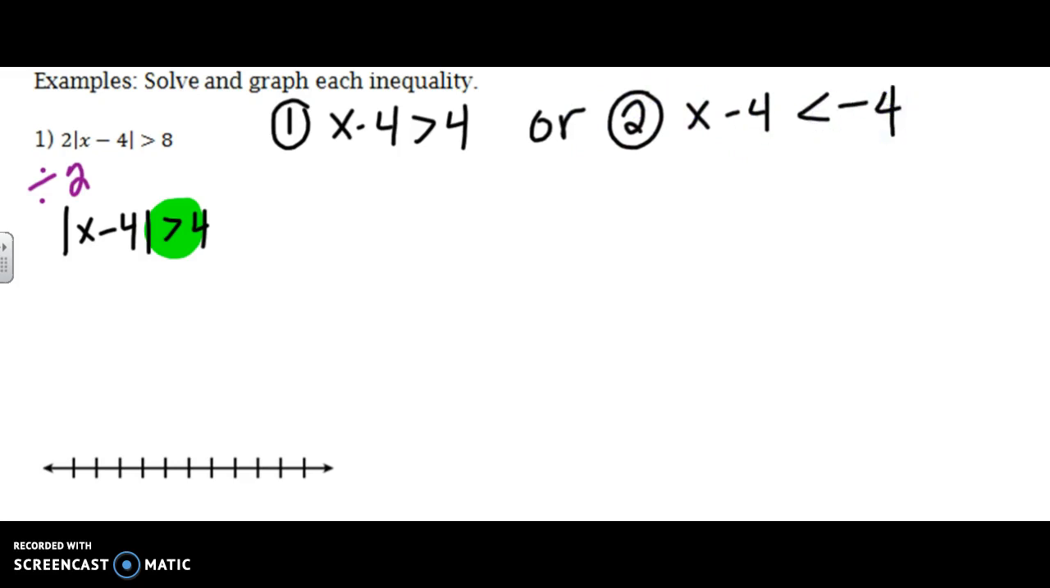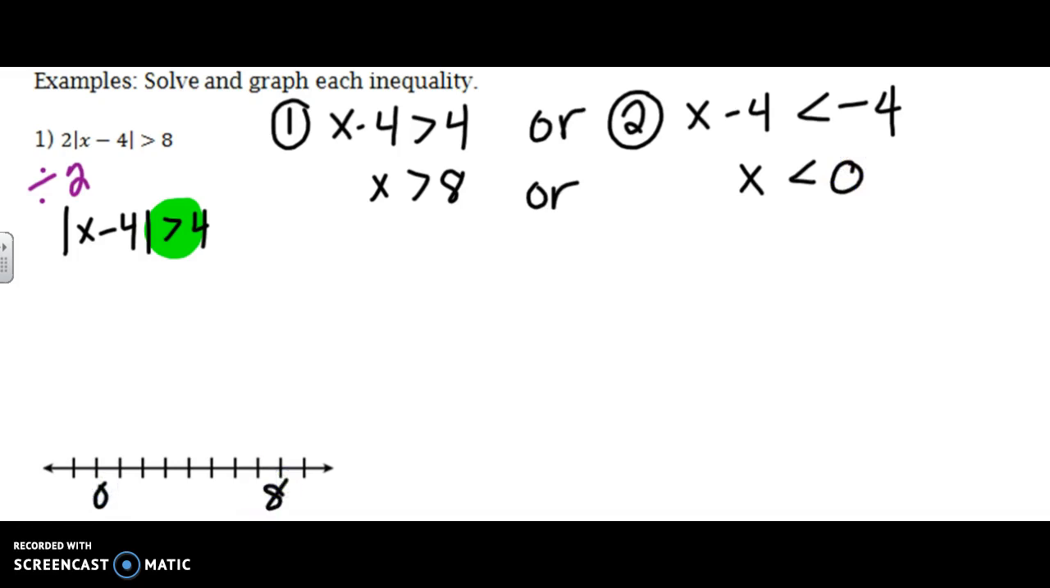And you can solve each one of those. So if I solve the first one, obviously I'm going to add my 4, and that's going to be x greater than 8. Or, and I solve the other one, add my 4, and I get x less than 0. So I need to graph both of these. So I have 0, 1, 2,